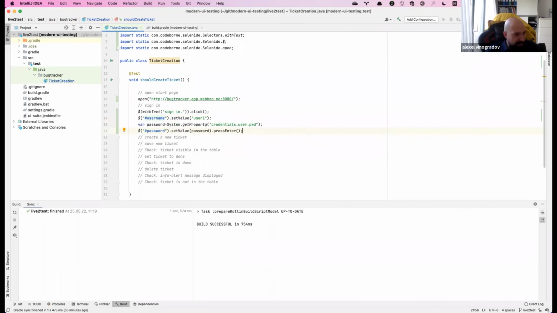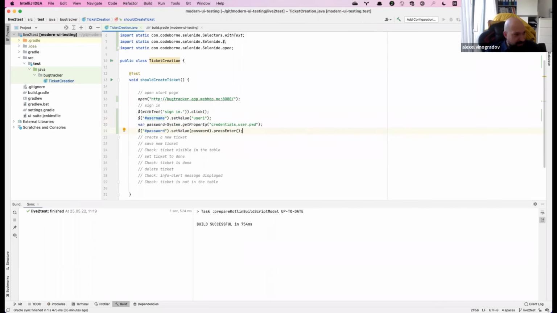I defined my password in this property file, which is not supposed to be shown, but I have shown it shortly. It's the file where I save my password as a system property, and then I'm reading it out and setting it here.